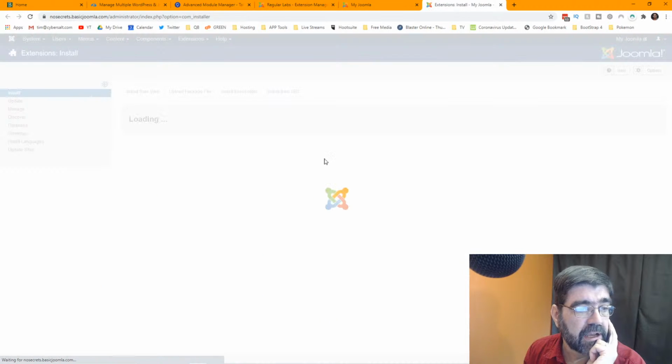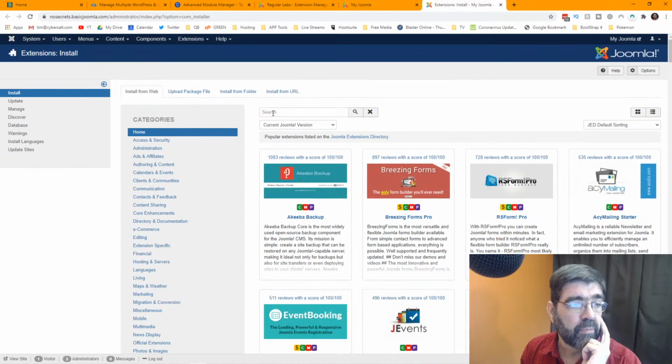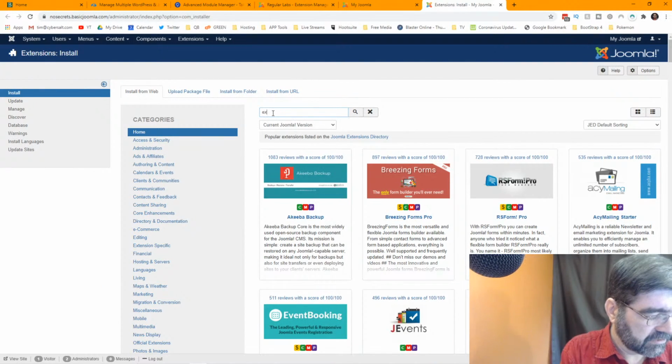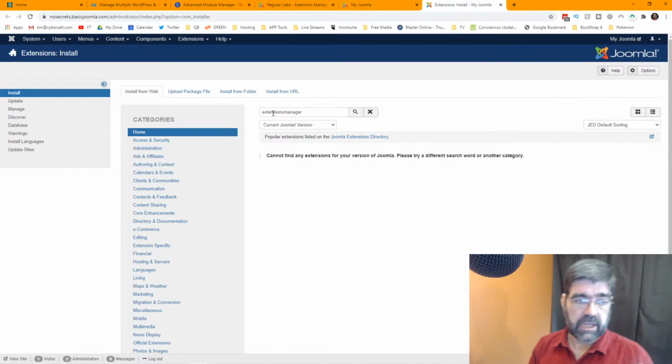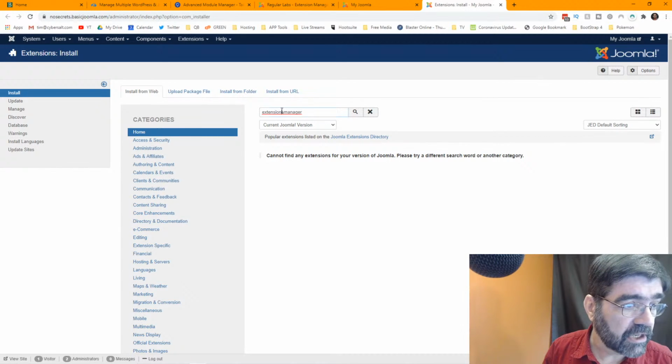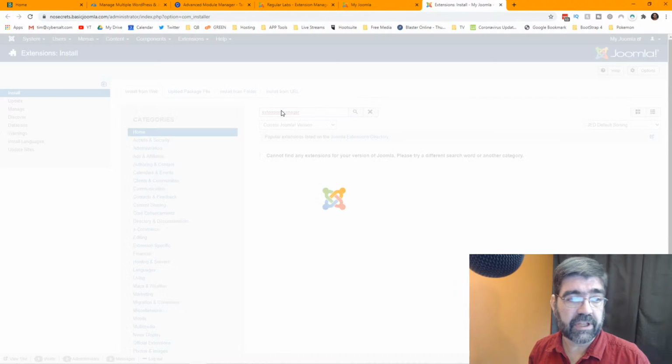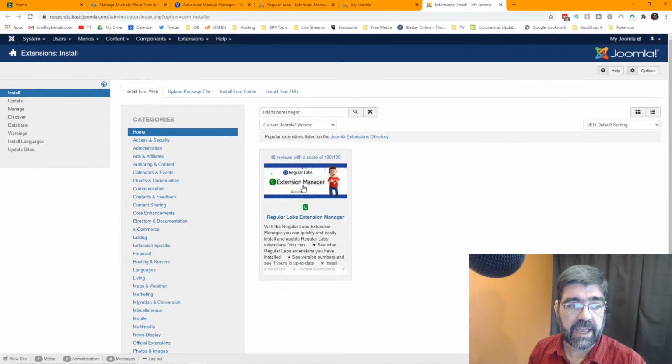We'll go in a new tab, and install from web, just type extension manager, no space, no S as well, and that's the one that will